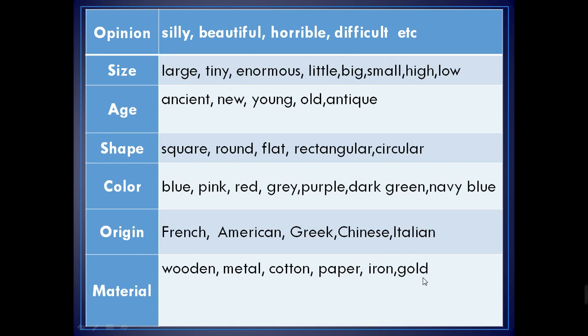So this is going to be the order of adjectives when we have them all in one sentence. So we are going to put first the opinion adjective, then the size adjective, then the age, shape, color, origin,